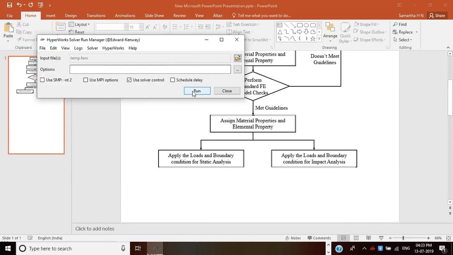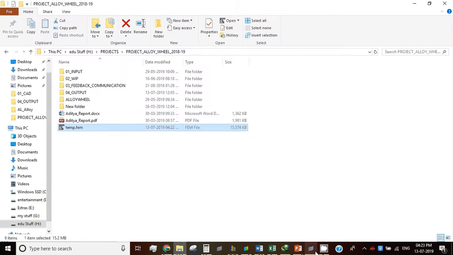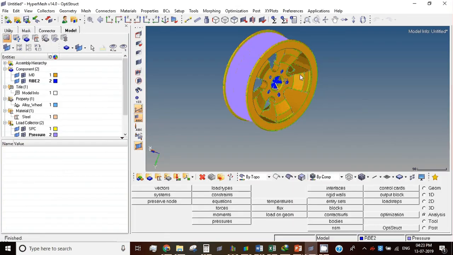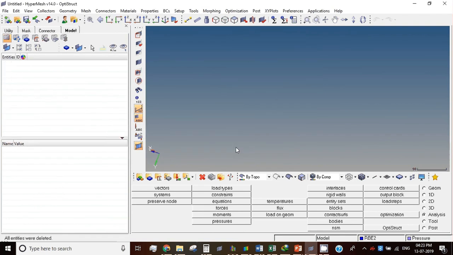This is how we have to do the basic linear static analysis. This will give a new model. Everything will go off. Okay, now I stop the video for linear static analysis.